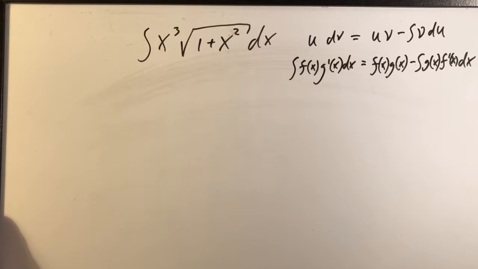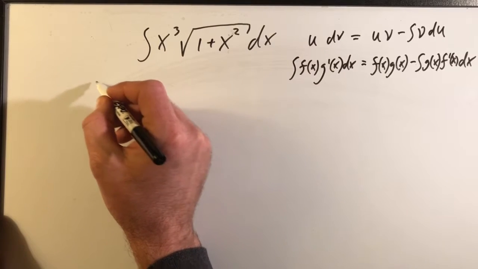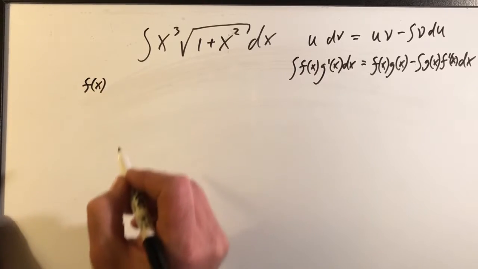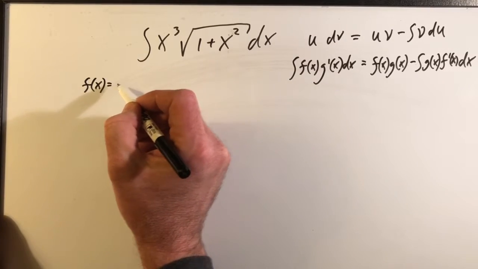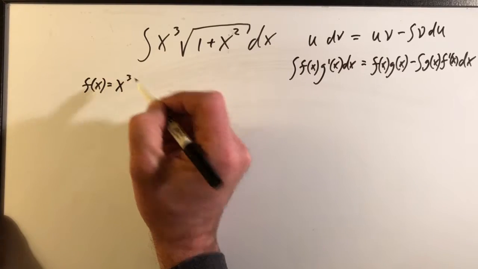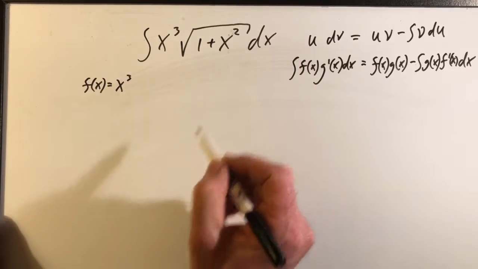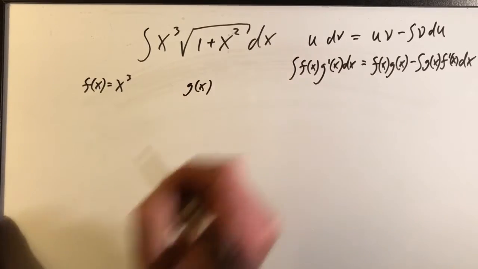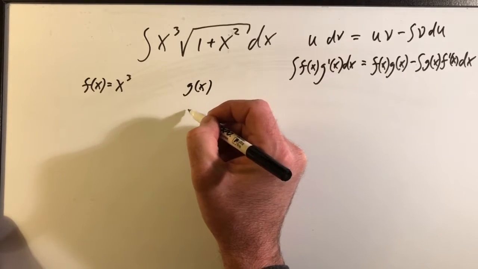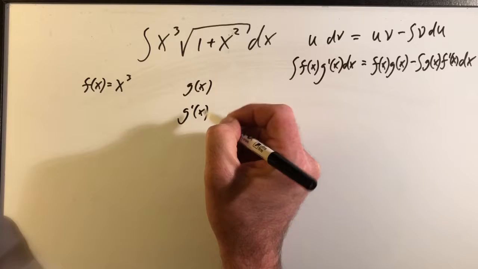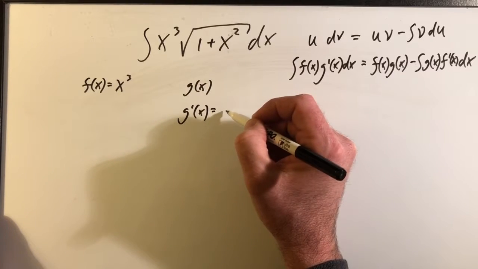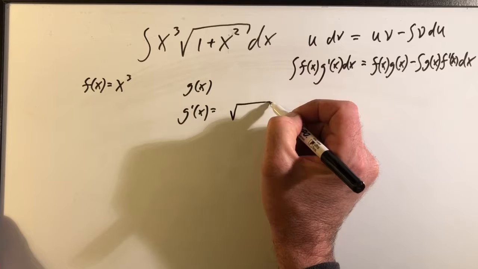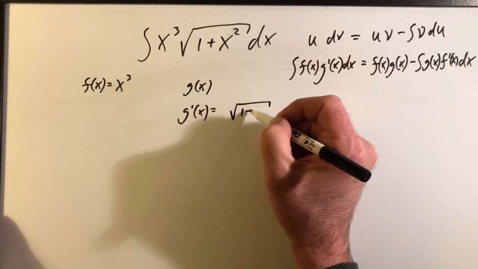So let's see, this was a little bit of a trial and error process here, because when I first looked at it, I said, okay, obviously I want to take f of x and I want to set that equal to x to the third and then work it out. But when I started to solve for my g of x, and let's so you have your g prime of x, which you select right here. If I was going to start off with just this,